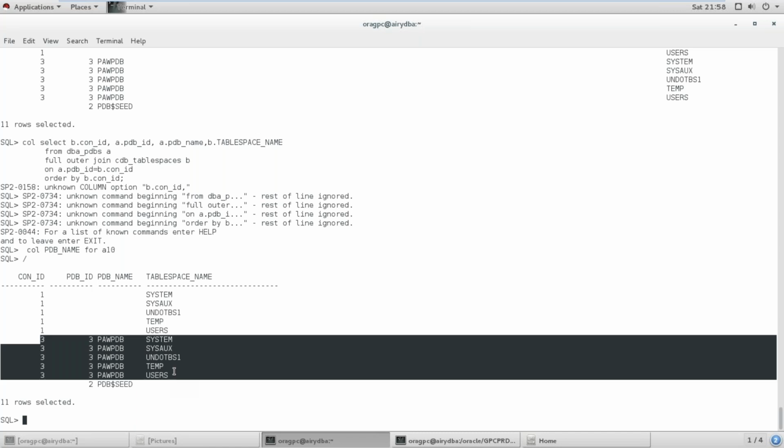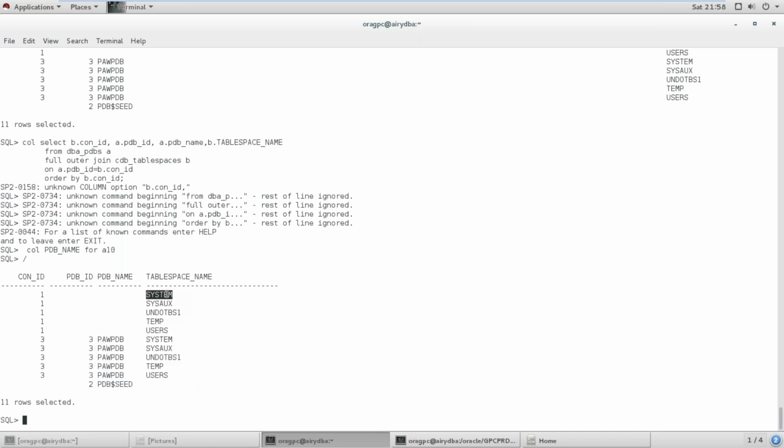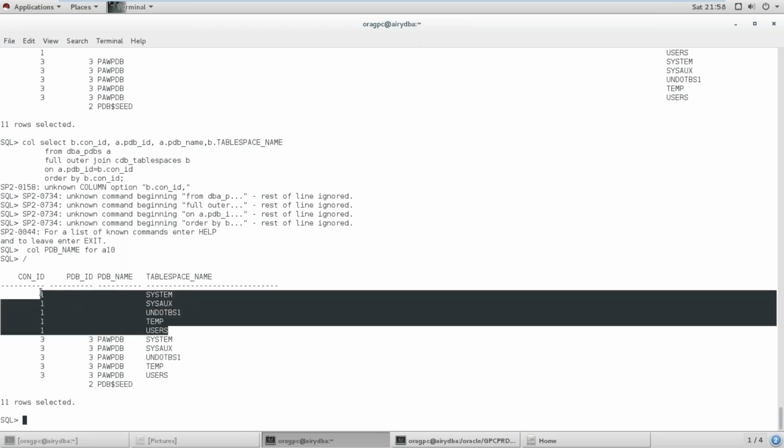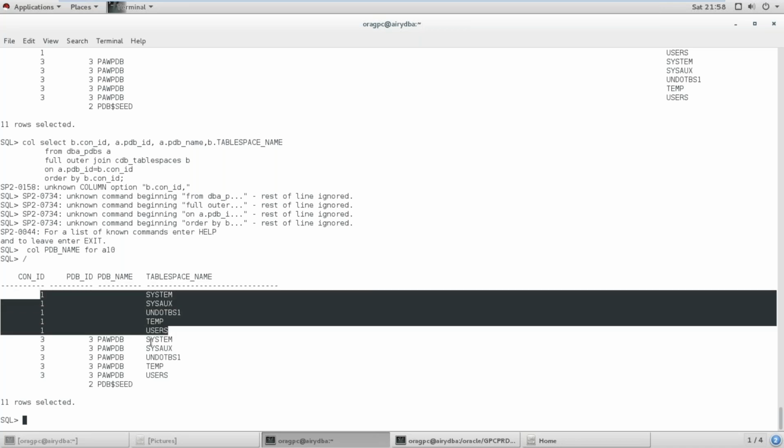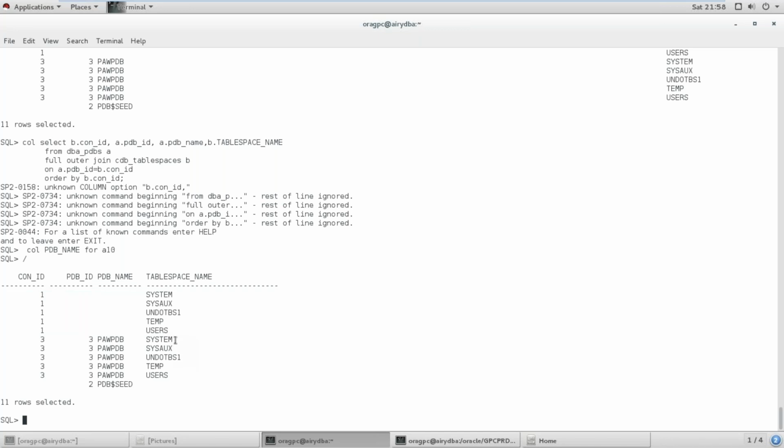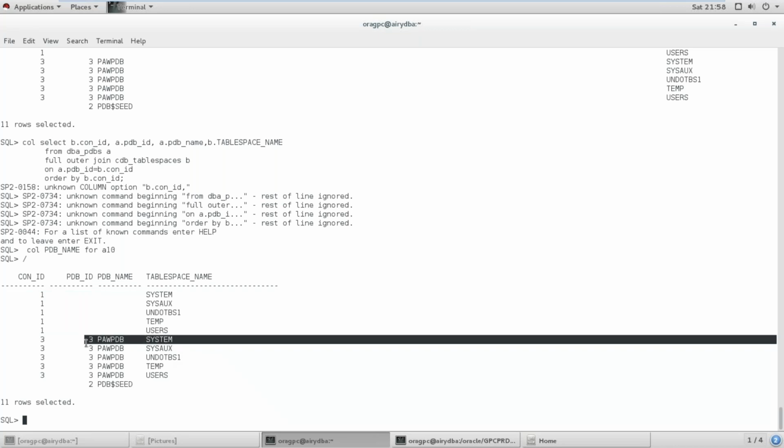pow pdb. So you can see the tablespaces system, sysaux, undo, temp and users are for the PDB as well as for the CDB. But this system is assigned to the CDB, that is different, that you will get in CDB dollar root. Whatever data will be stored inside this system will be stored in CDB dollar root. But that system tablespace is specific to this pluggable database only,